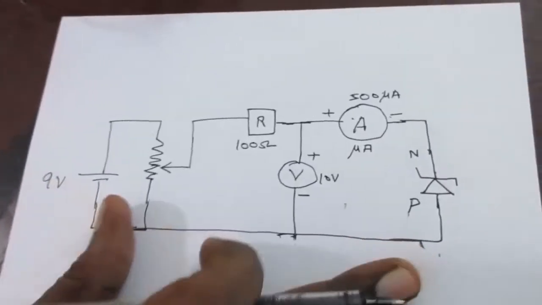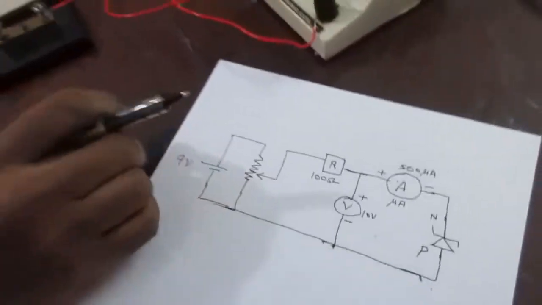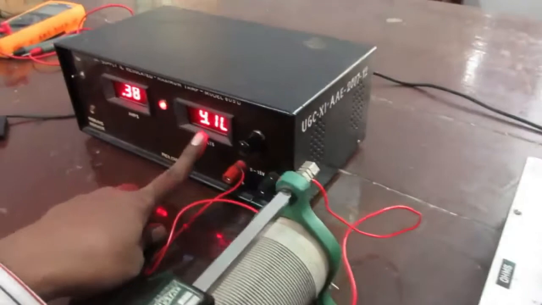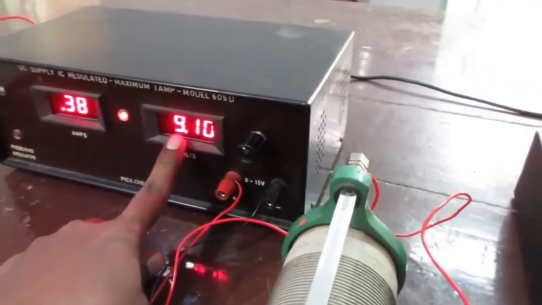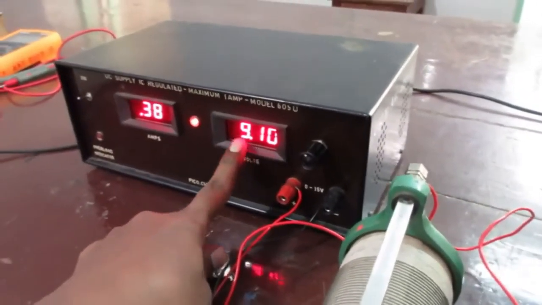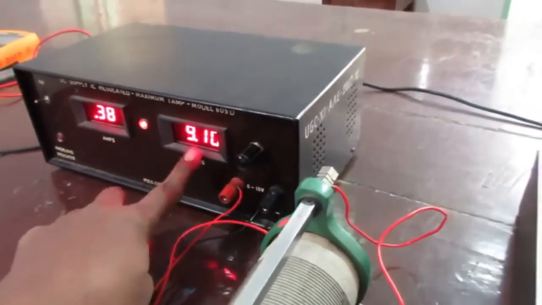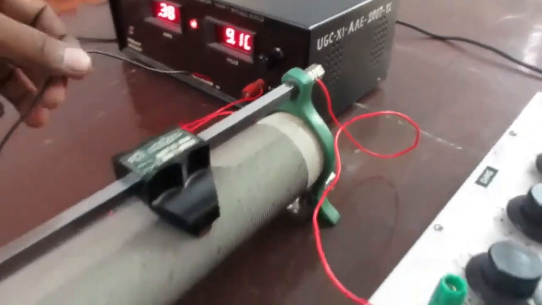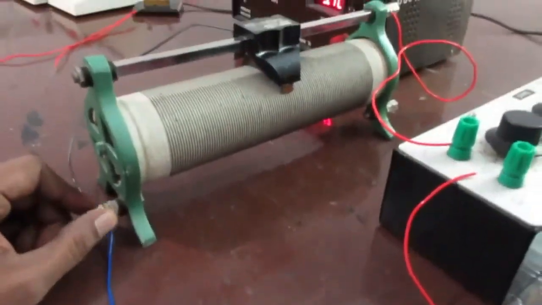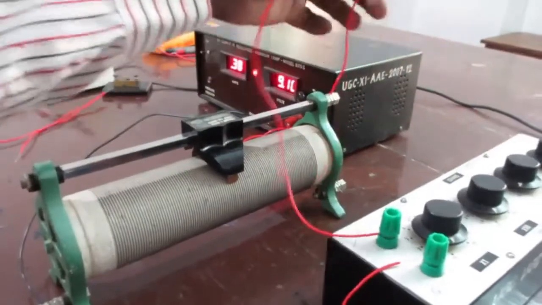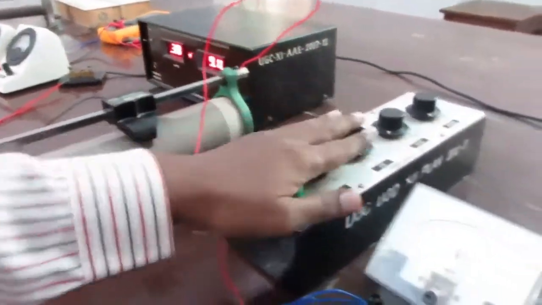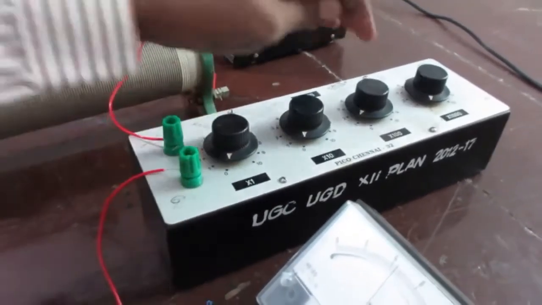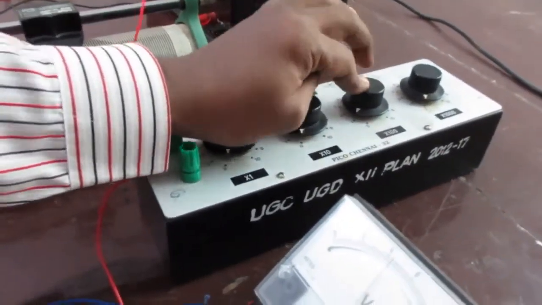Now we have connected this circuit. The same circuit has been connected here. Here this variable power supply is set to 9 volt. We have adjusted the voltage output as 9 volt, and the positive is connected at the bottom of the rheostat, and the negative is connected at the other end of the rheostat at the bottom. Then the slider or the wiper is connected to this resistance box. This current limiting resistor, we have included 100 ohms here.